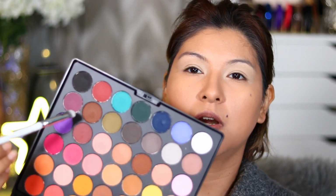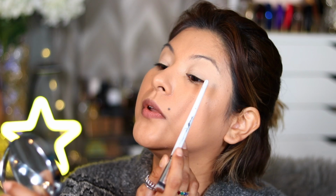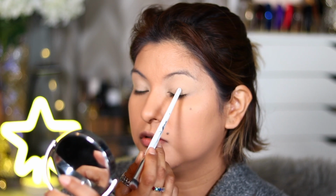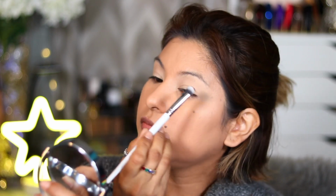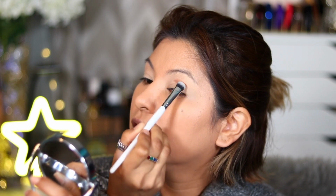I'm going to take this brown right here. Since I do have hooded eyes, the way that I'm going to apply this, if you tilt your head back, you kind of see a shadow of where your crease should be. But once you open it, all that skin falls down and it gives you little space. That's why in all my tutorials, I usually like to follow the actual crease area. So that's where I'm going to start patting down this dark brown,